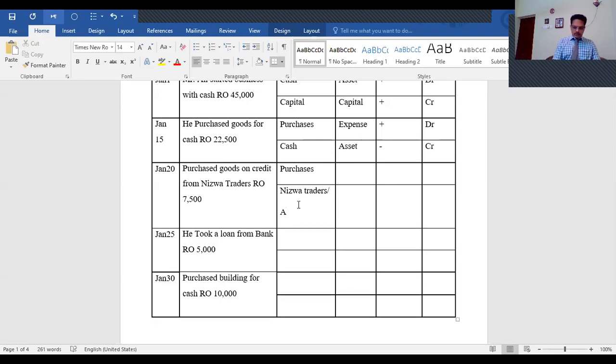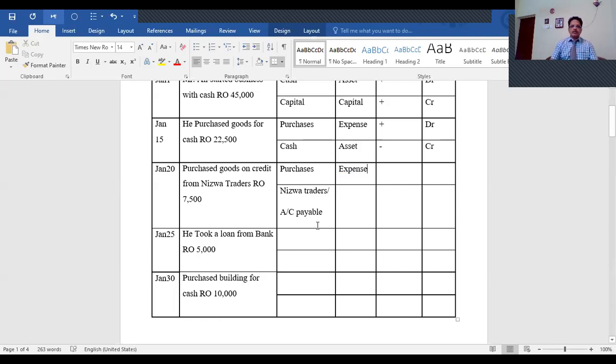That's also better to understand both, because in some cases you have to write account payable, but in some cases Niswa traders is account payable. Niswa traders comes under the head account payable. So you understand both, Niswa traders or account payable. So now you understand the second stage. Purchase is an expense. You know already it is an expense. And Niswa traders or account payable